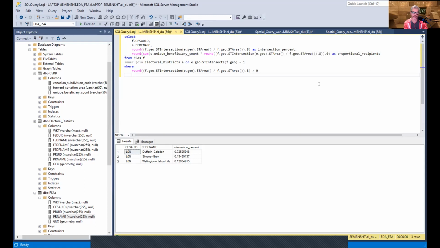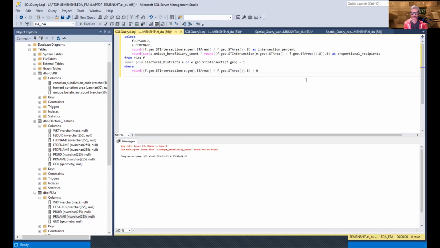And now if we execute this query, whoops. Did I forget to do something? I did. I forgot to join the SERB table. So it's pretty tough for SQL Server to be able to do this work without having all of the tables we need data from specified. So we will join SERB on